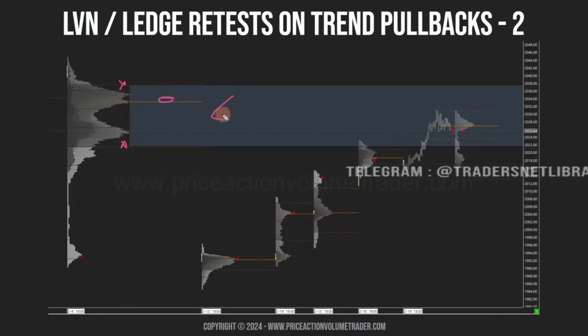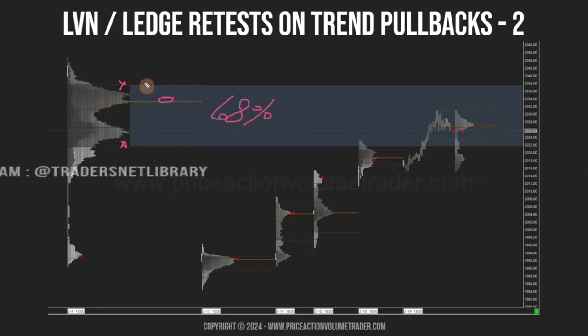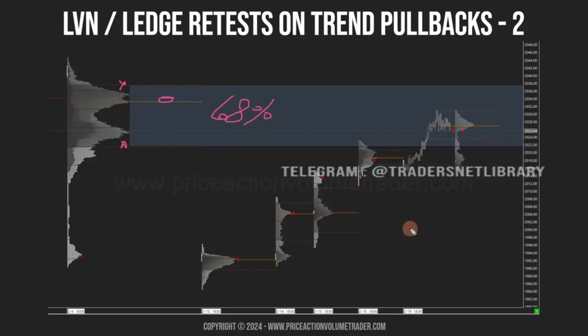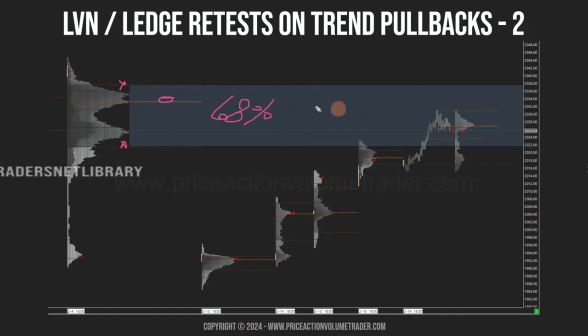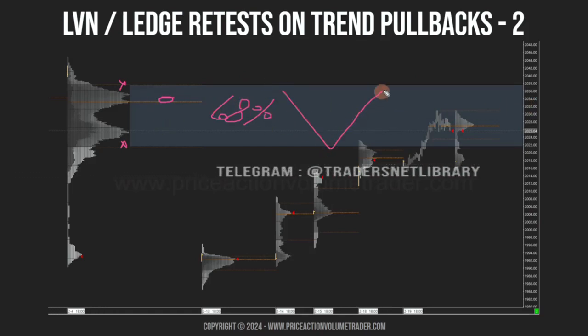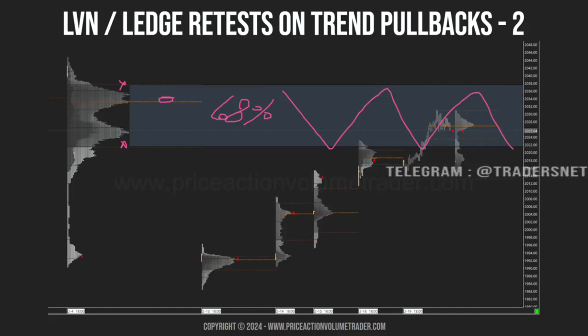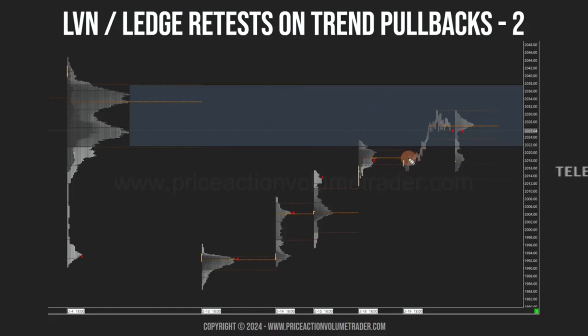So I have this 68% value area for this TPO composite. And what I like to do is take the rectangle tool and put a whole rectangle in a different color. So I identify this entire value area,